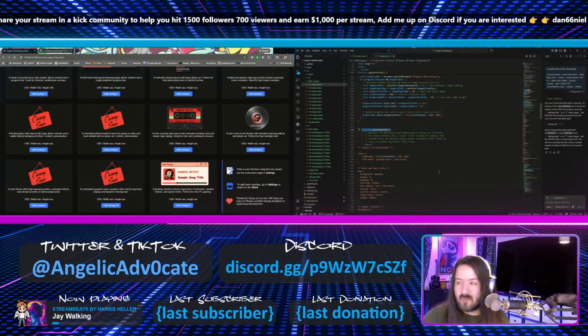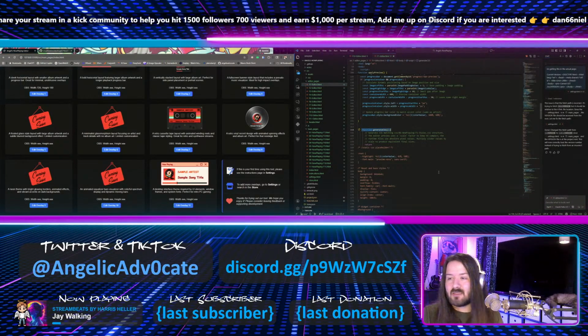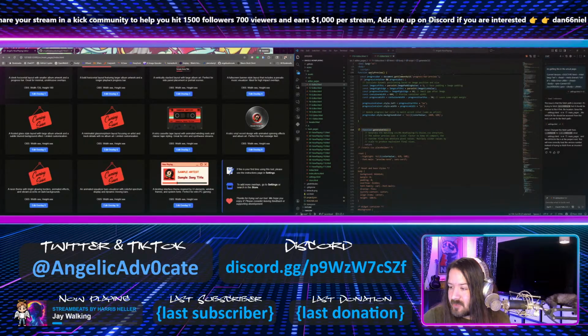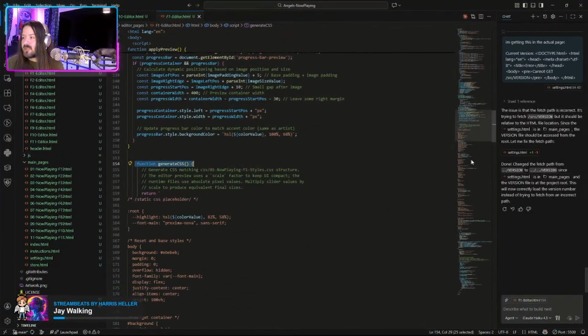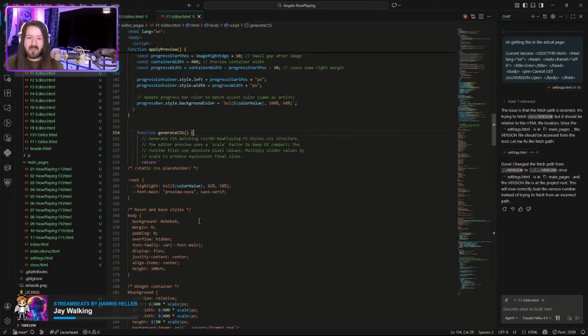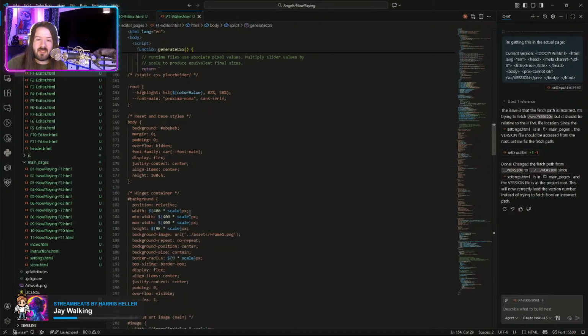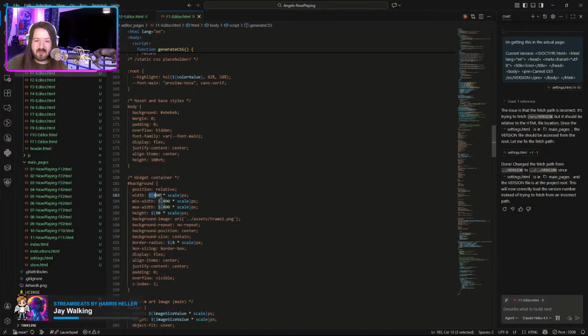Let me make this bigger so people can actually see what I'm talking about. I'm having to make this generate CSS function, right? What it does is it creates the CSS file and then downloads it. It doesn't sound hard, but the problem is that you have to figure out each of these,